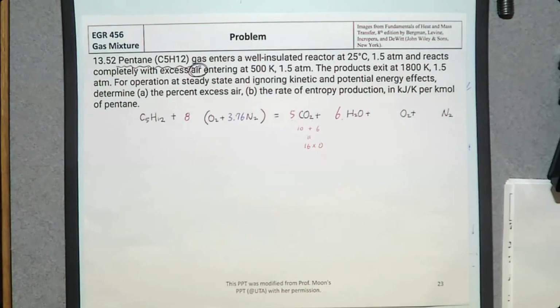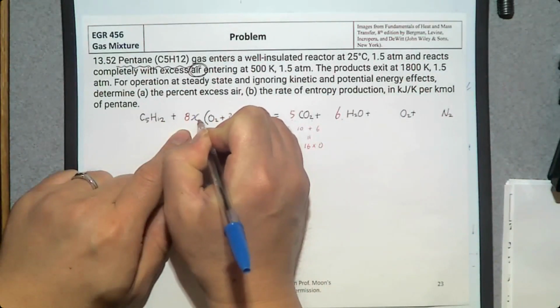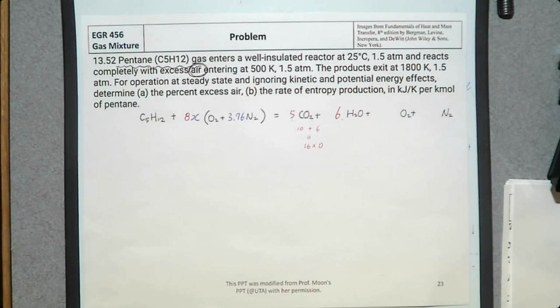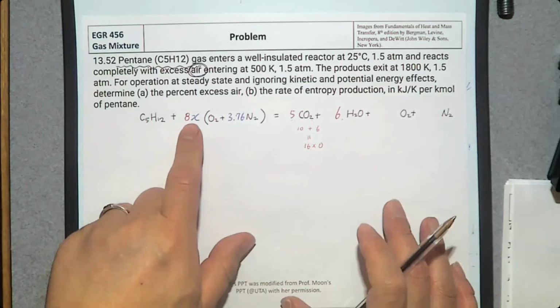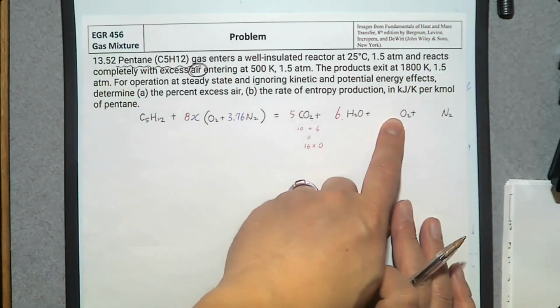Now, if you read this problem statement, we have more oxygen than 100%. And we do not know. So let's assume that the number of moles of oxygen is going to be 8 times x. This x can be 1 if it is 100% theoretical air. X is going to be 2 if it is 200% theoretical air. Okay? We do not know the amount of air provided. Then if it is 8 times X, how many moles of oxygen